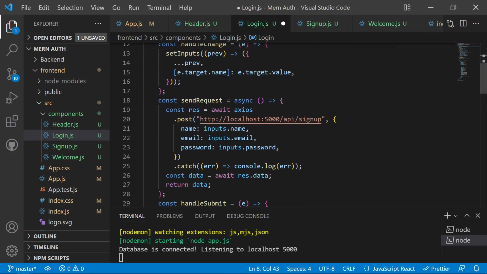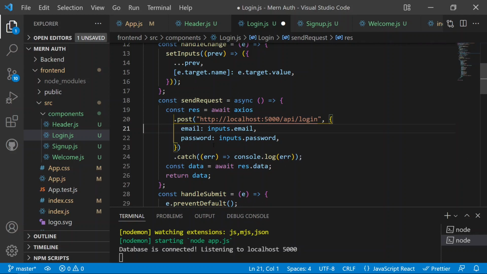Now we have the send request function, but this time the URL will not be the sign up, the URL will be the login. Now the URL is login, and we need to add the login request there, and then send the data. For login, we need to send the email and the password. The login request will provide us a token, as we have built the functionality in the backend. After the login is completed, we will receive a token from the backend,